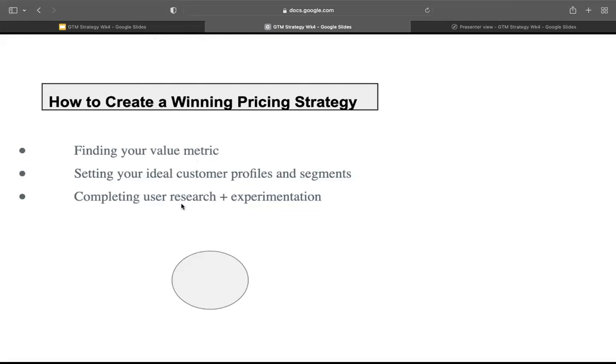So setting your ideal customer profiles and segments is also something like a buyer persona. Then completing user research and experimentation. After you've created your buyer persona, you need to find out what those people actually like. Remember they said the buyer persona is fictional, but it has to be realistic. That means it is not real. Now, the user research is where you make it real. You have to create questionnaires and